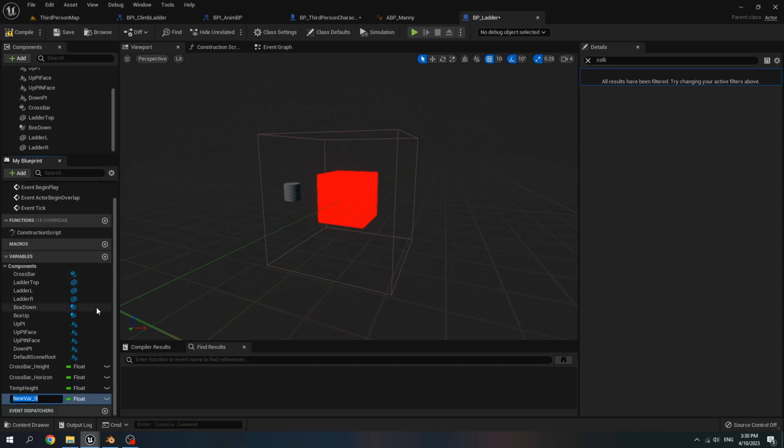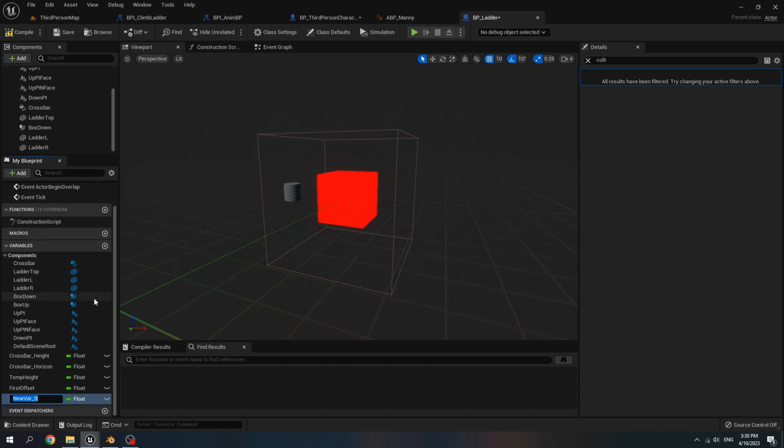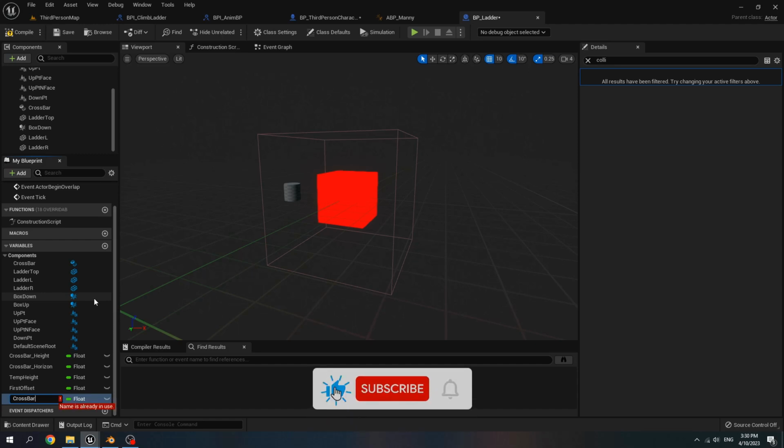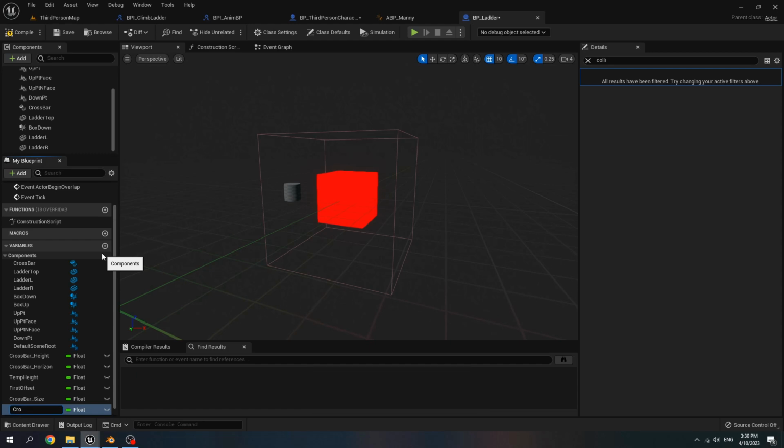Add new variable, name it first offset. New variable, name it crossbar side. New variable, name it crossbar vertical.